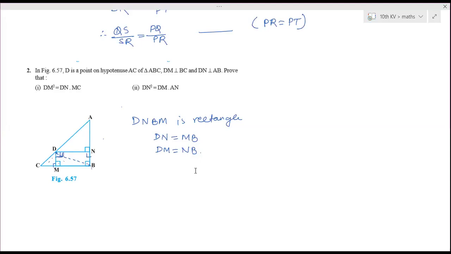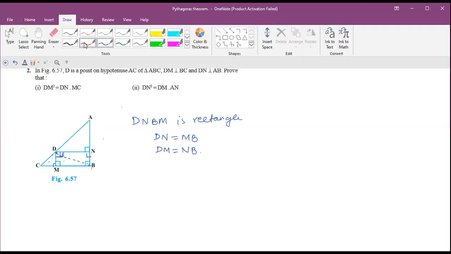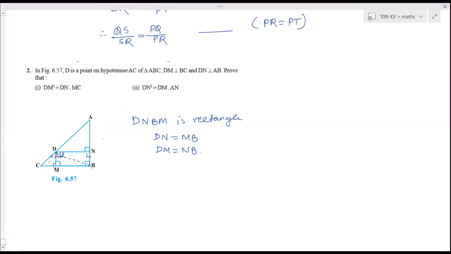Let's see. If BDC is 90, then only we can prove. Otherwise, we cannot prove. Yeah, it is given here in the question and in the diagram. BD is perpendicular to AC, right? So in the new book, it is changed. BD is perpendicular to AC, so it is already given. The new book changed; mine is downloaded from the older one.